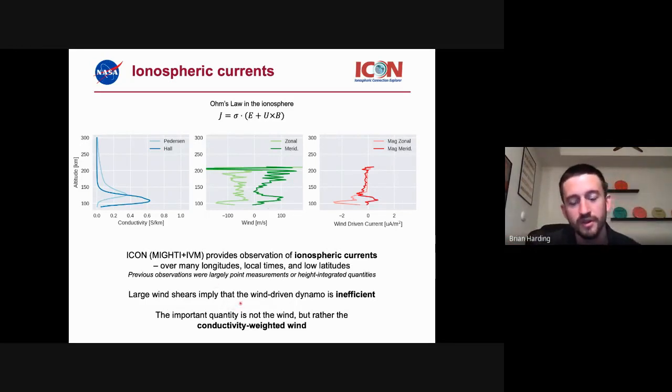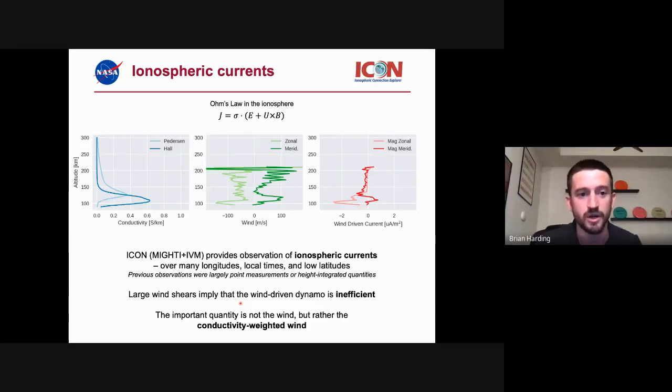So in other words, the wind-driven dynamo is many times inefficient in that the kinetic energy in the wind is not going efficiently into electromagnetic energy, but rather being dissipated locally, either locally or at different